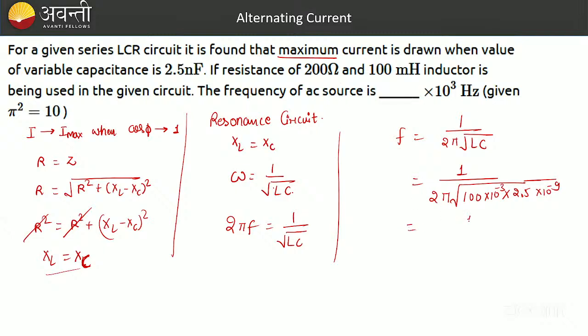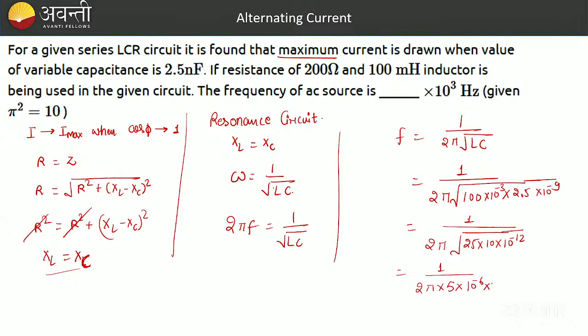So if you will see here, this will become 2 pi square root of 10 raised to the power minus 12 into 250. We can write it as 25 into 10 raised to the power minus 12. So from the square root, it will come out as 5 into 10 raised to the power minus 6